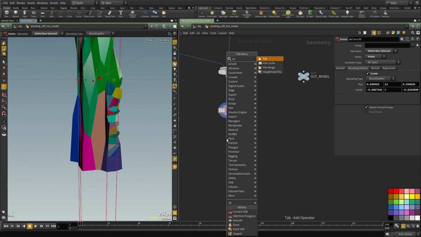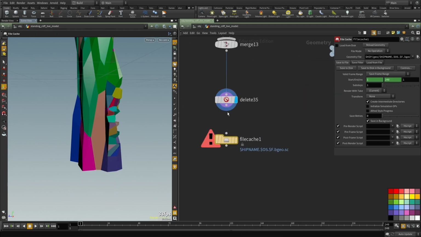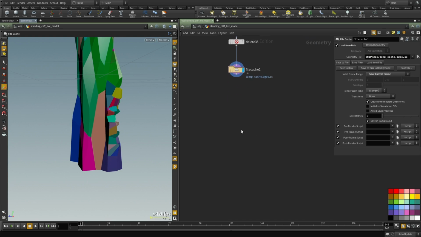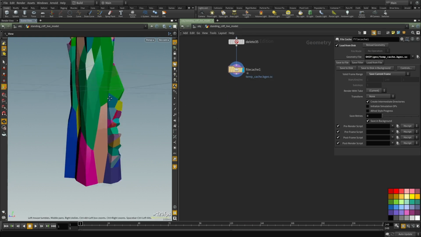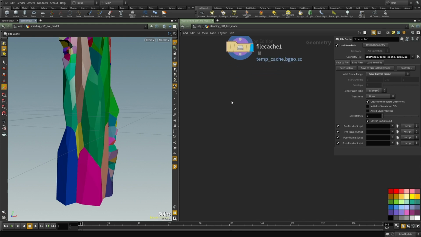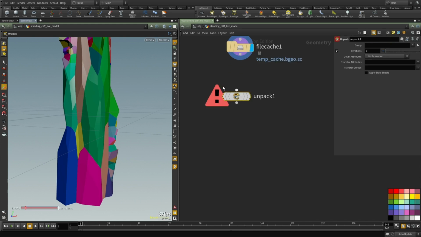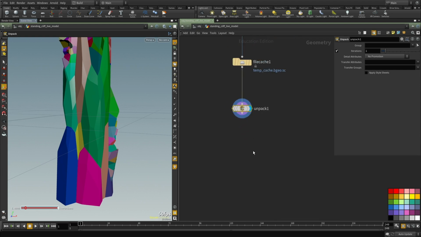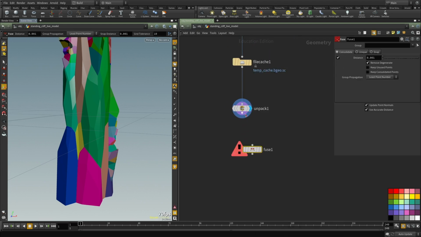And then let's put down a file cache just to save it to disk, and then call this temp cache. I'm not too worried about the name at the moment, so let's do that. And then the next part is I want to add edge displacement. So we have all the details we need. I'm going to unpack this because it's packed primitives. Okay, and then I'm going to fuse everything,